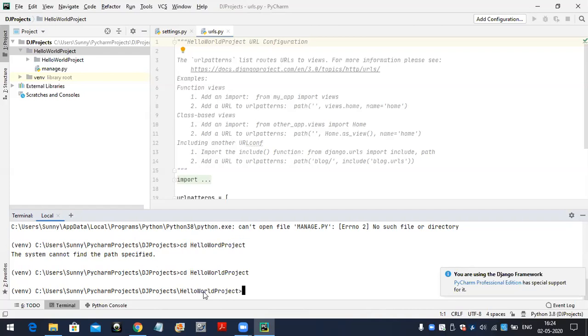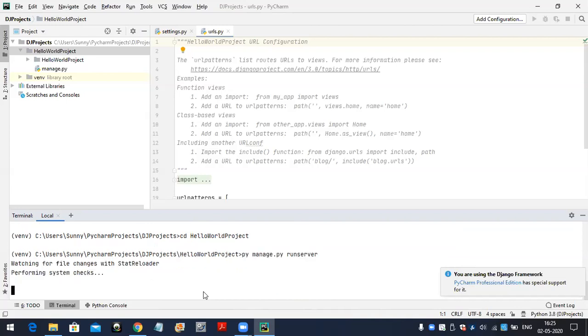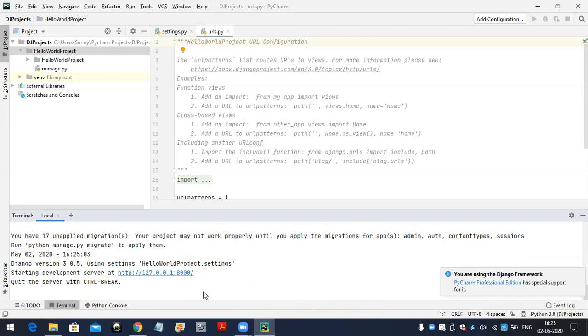Here we have to run the server: py manage.py runserver. Here I am not installing or configuring any server. Django itself provides one inbuilt server, which is nothing but the Django server.